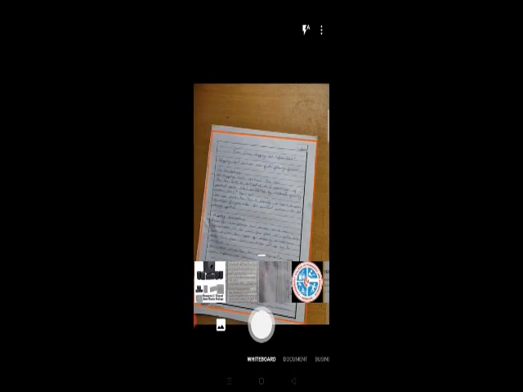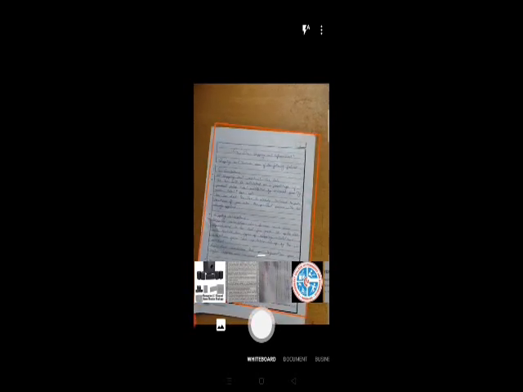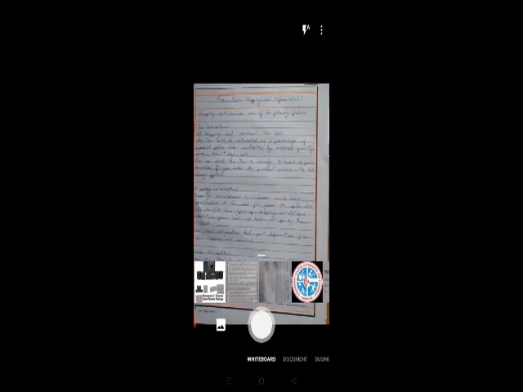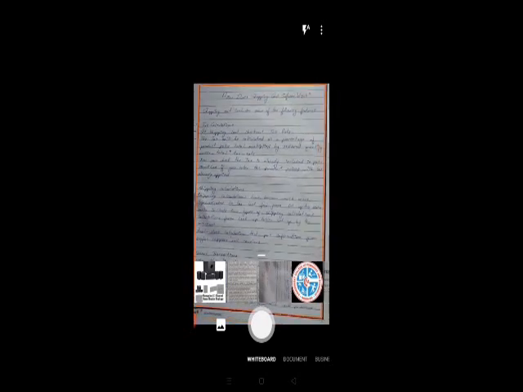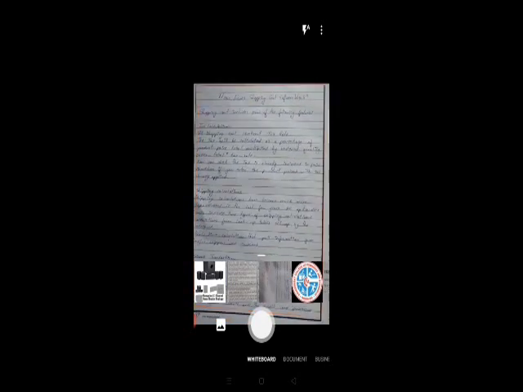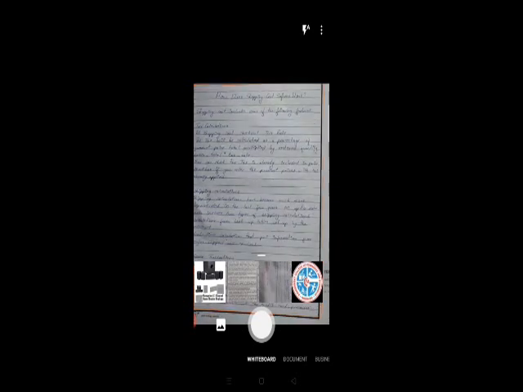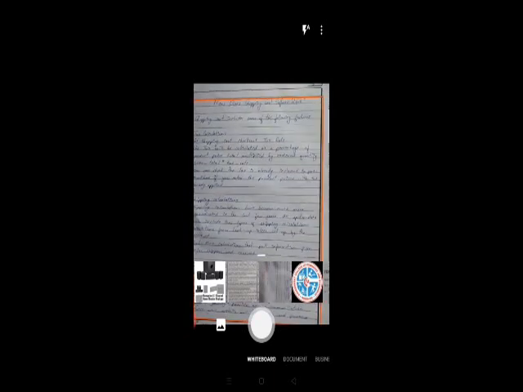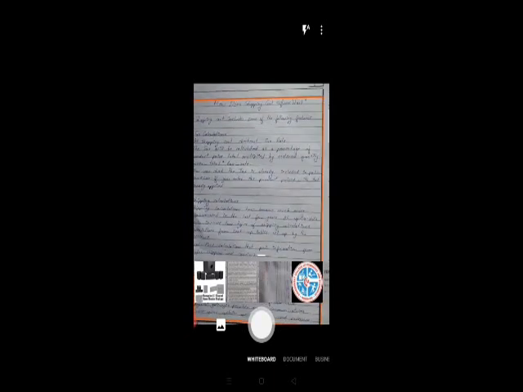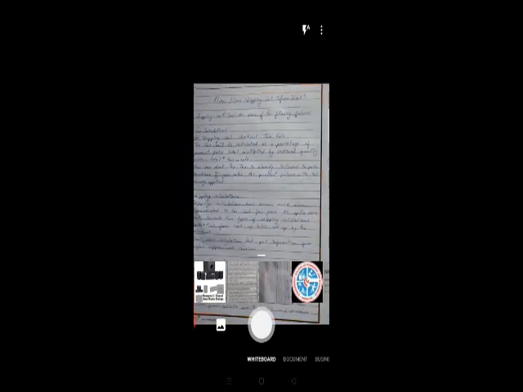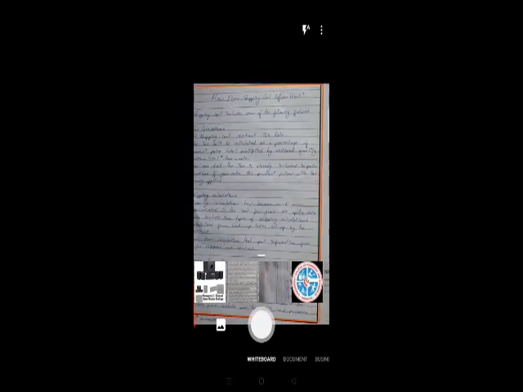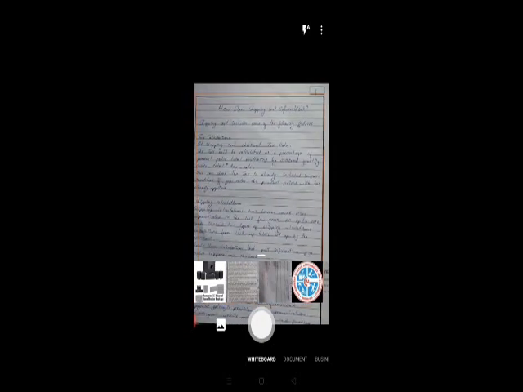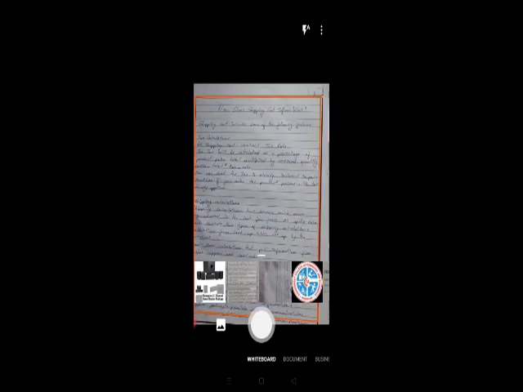After selection of whiteboard option, the first step is focus your mobile camera on the document which you want to scan, something like this. Once your hand and focus stabilizes, press the big round button, that is the capture button. Ensure that there is minimum or no movement of your hand as well as the document page which you are scanning. Now I am pressing capture button.